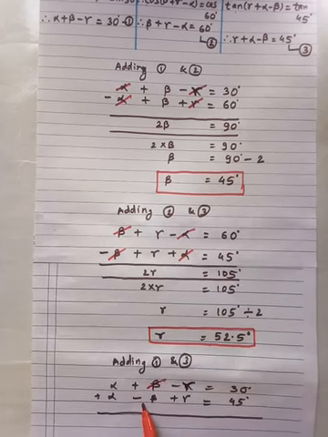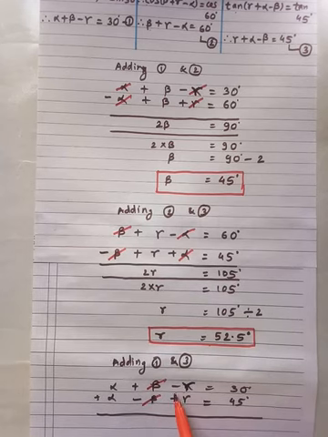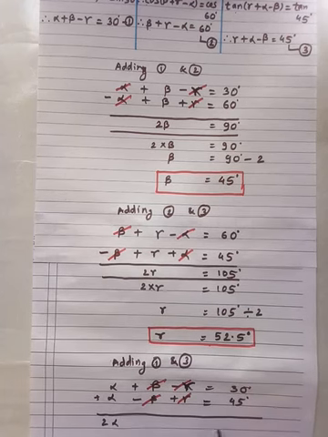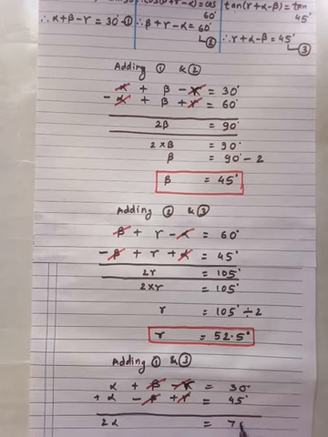Here positive beta and negative beta cancel, negative gamma and positive gamma cancel, 1 alpha plus 1 alpha is 2 alpha, and their addition equals 75